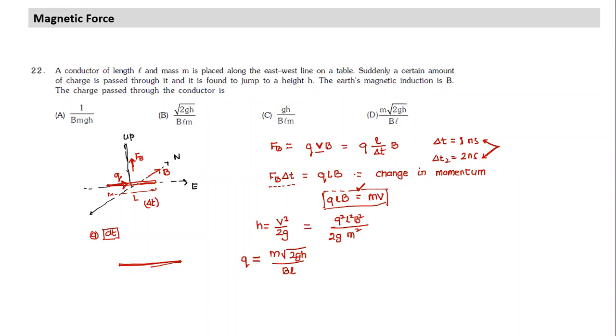Whenever we say a certain amount of charge suddenly jumps, it means it happens in a very small time interval. It's something like this. If a ball is placed here and I hit the ball with the cue rod, as I do in billiards, during the interval the cue rod is in contact with the ball, what is the displacement the ball suffered during the time it remains in contact? That displacement is negligible. I hope you understand that point.